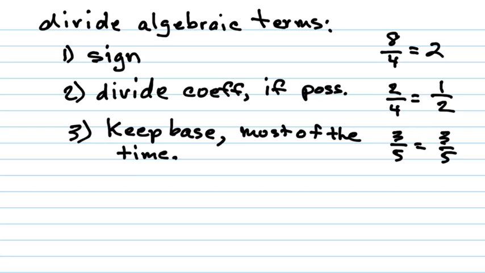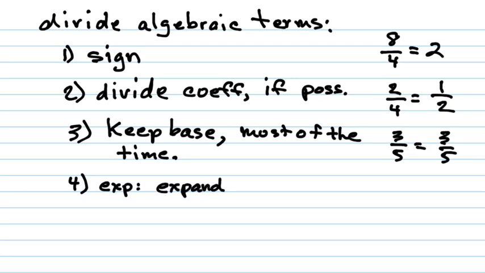And you're going to see why I say most of the time. If you're not dividing it away, then it's going to stay. But if it's something divided by itself, the base is going to go away and turn into a what? 1. Which means it's going to go away, right? And the way we're going to know that is right here. What is the fourth part of every term? The exponent. So we're going to deal with those exponents by